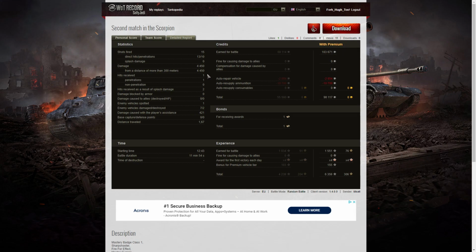Very long range shooting. He received 1 hit. It was a penetration. That was from the charioteer. And 2 hits as a result of splash damage, and those were from the GW Panther. He spotted 1 enemy vehicle, damaged 7 of the enemy, killed 2 of them, and did damage assistance of 421 hit points. On a premium count, he earned 103,671 credits, so the Rheinmetall Skorpion is a good earner, and after repair and ammunition resupply, he took away 90,117 credits. He got 1 bond for getting the High Calibre,